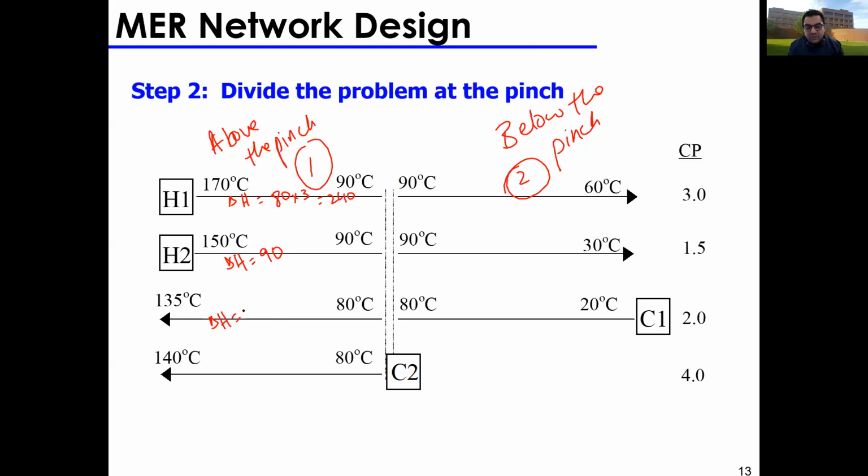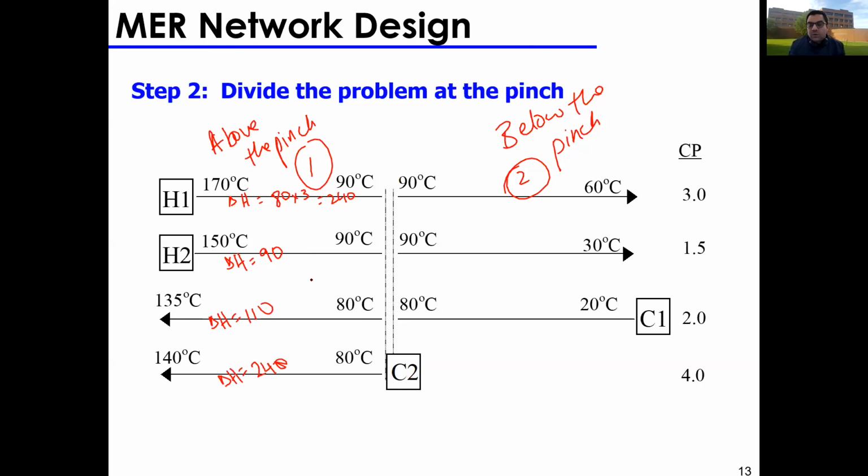So it's 55 by 2, it's 110. And for this guy right here, I have 140 to 80, that's 60 by 4, 240, right? So I have a lot of energy. So the hot streams need to lose 240 and 90, and the cool streams need to gain 110 and 240